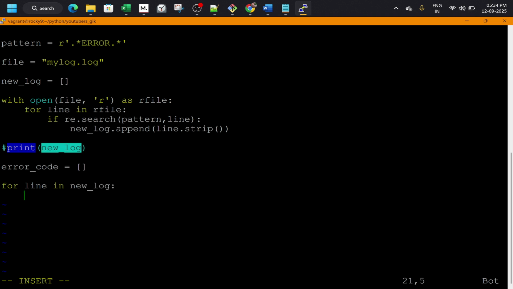So for line in new log, what happens is we will set another condition. First we will set another loop. So for token in line.split. What this split method does is it just deletes the trailing white spaces from left or right. If token starts with